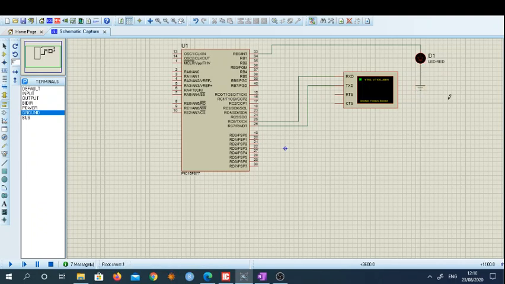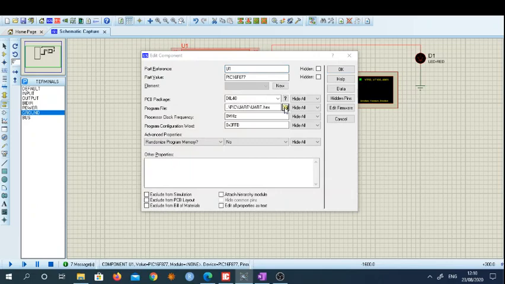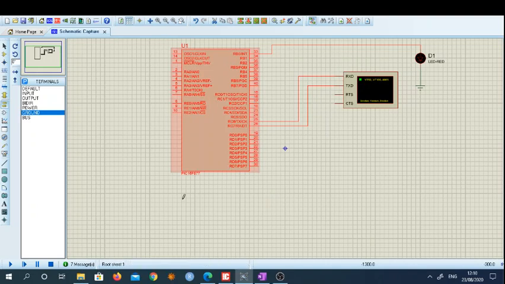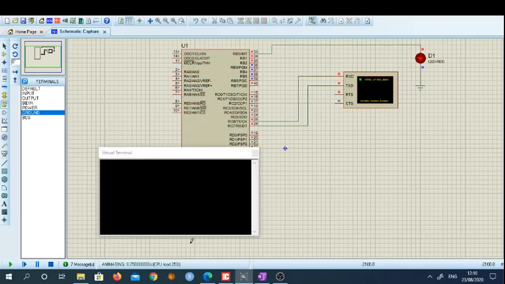Right. Now my intention is when letter A is sent to the virtual terminal, I have to glow this LED, and when letter B is sent, I have to make this LED off. So for that I have written the program. I have already made changes in the program. So let us simply download the hex file and run the program. See, now it is already glowing. If I enter A, and if I enter B, you watch carefully, the LED is now off as I have entered B. Let us check it again. I entered A, my LED is glowing. If I entered B, my LED is off.